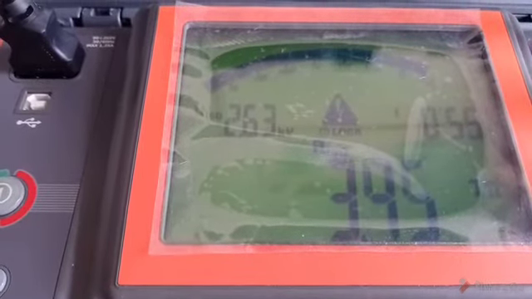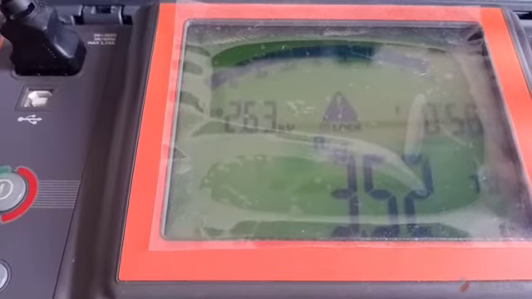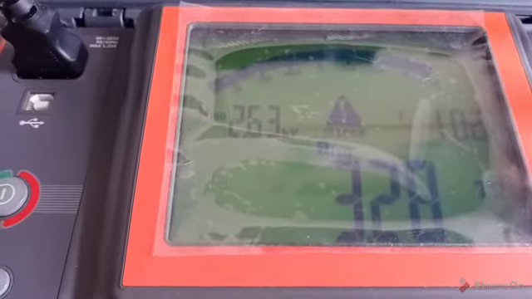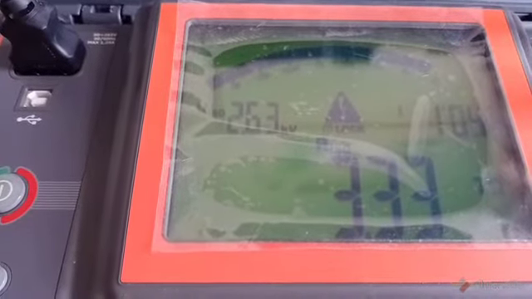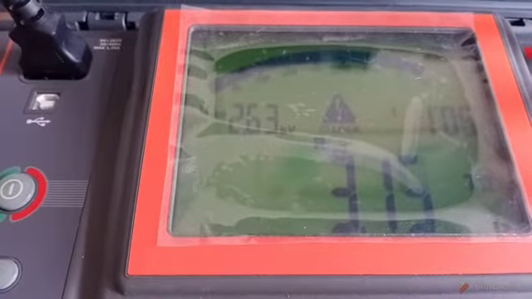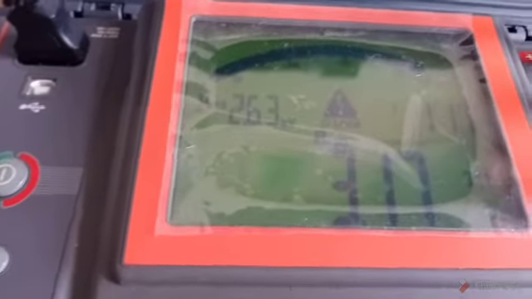Now check the reading at 60 seconds. So 3.41 tera ohm. 3.464, whatever the reading is there, that is for 1 minute. Now the next reading is for 10 minutes. So that's why I'm going to pause the video.